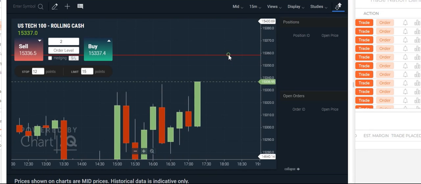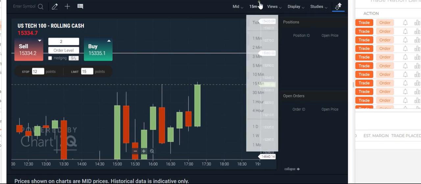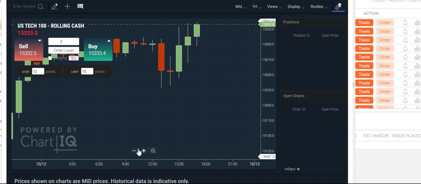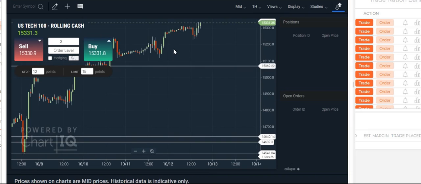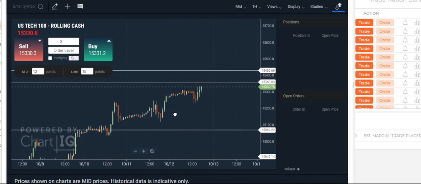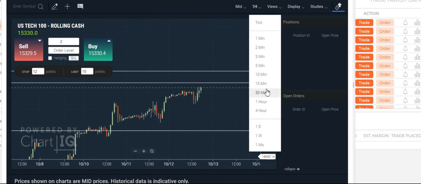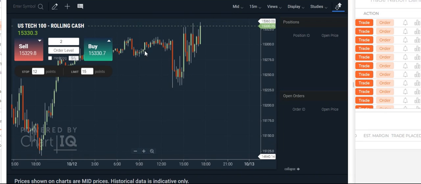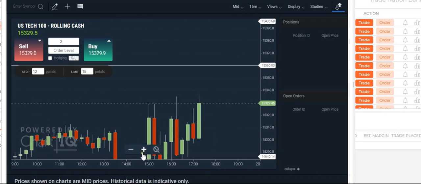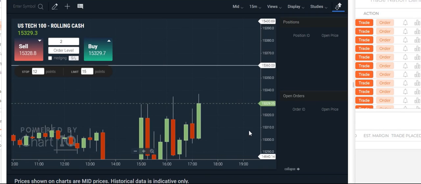We're going to open a short now around this level, because remember we identified resistance and said this is the resistance level, which is 15,360, the first resistance. If you don't know what resistance is, it's where the price will find resistance, from the name. So we will pull it back with a short position, but we're far from it, so we can go ahead